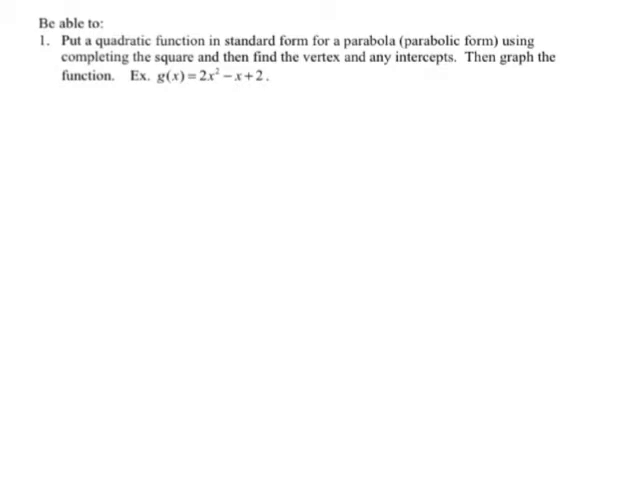In the first question, it asks us to put this parabola here into parabolic form. Now, in order to put it in parabolic form, notice it says complete the square, and then identify the vertex, and then any intercepts. That means both the x-intercepts and the y-intercepts. All right, so let's go ahead and do that. First thing I need to do is subtract that 2 from both sides,